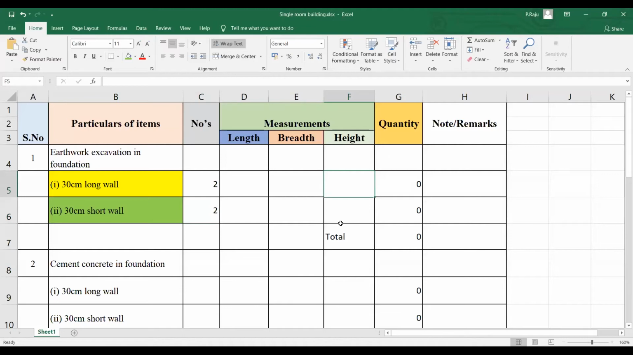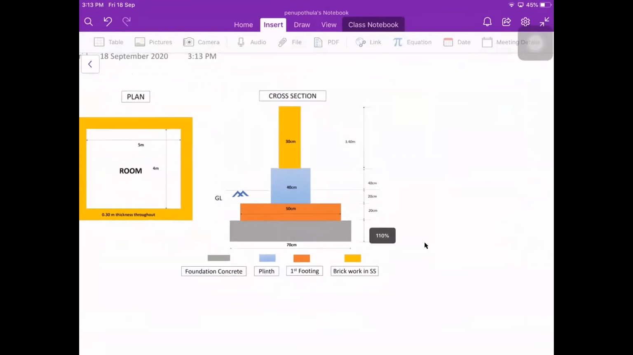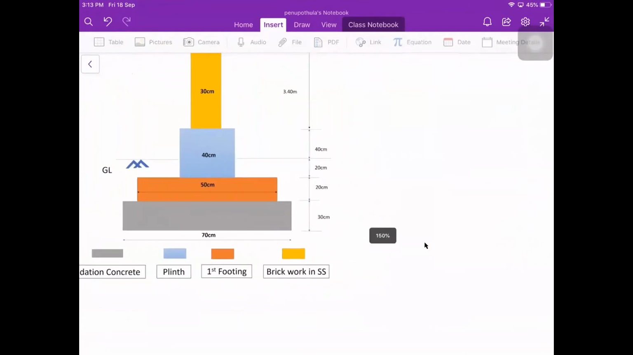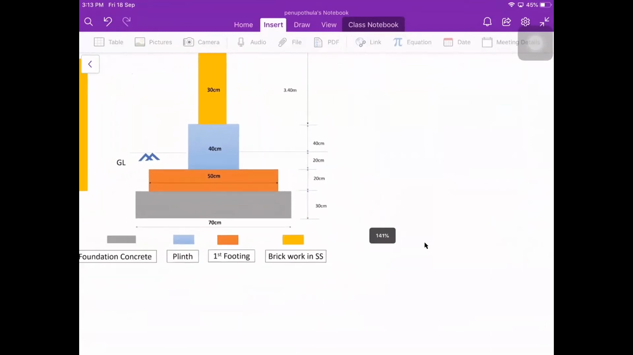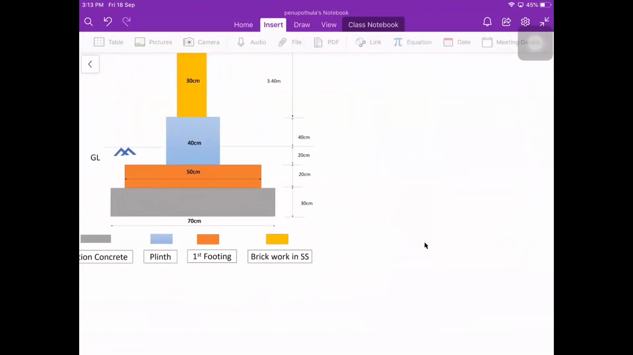For that, whatever I draw, you need to draw it in your notes. It is not possible for me to write on the Excel sheet, so I am transferring it into my pad. So here we are going to find out the breadth and height of earthwork excavation. You all know that